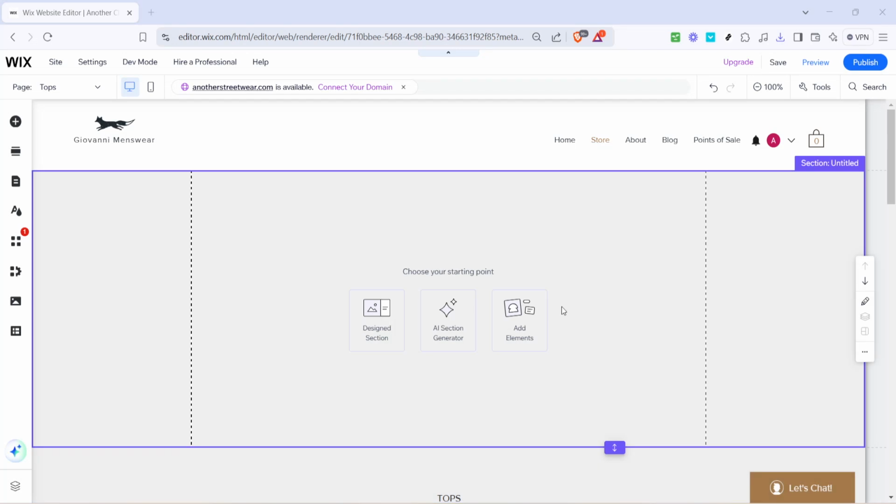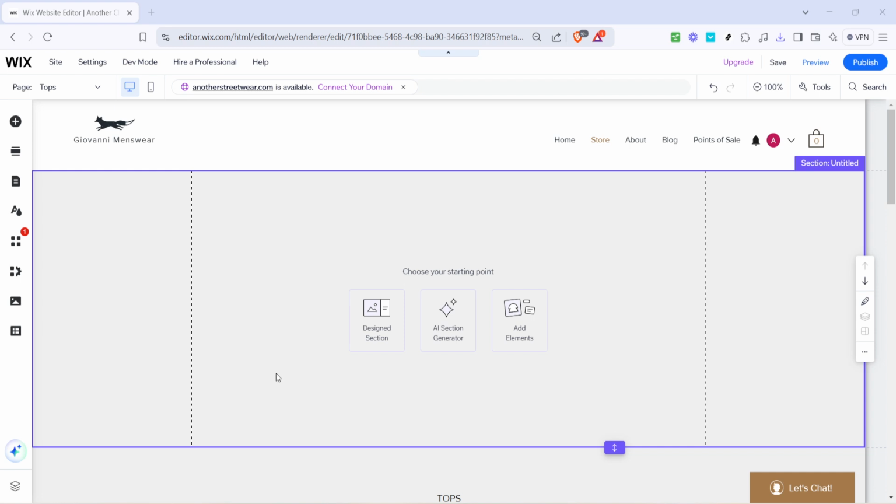In today's video, I'm going to teach you how to add a PDF to your Wix website. This process won't take long, just 5 minutes to seamlessly embed a PDF for your visitors to engage with. Let's dive right in. First, you need to get to the Wix website editor. Open your web browser and log